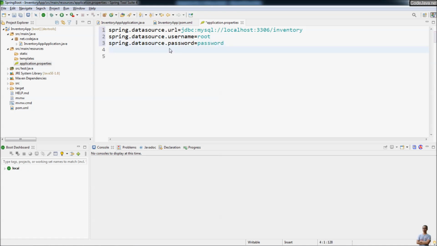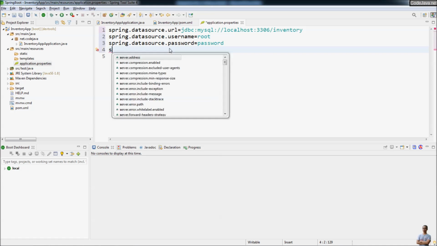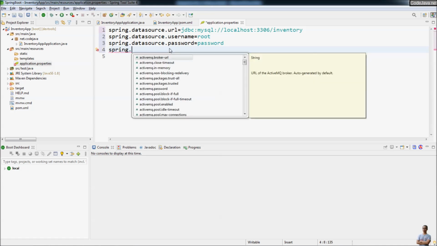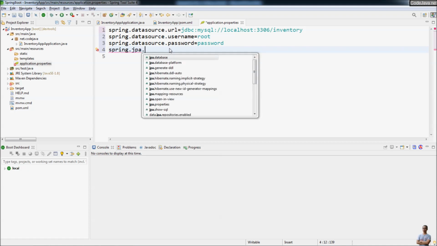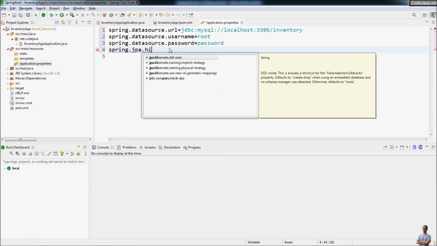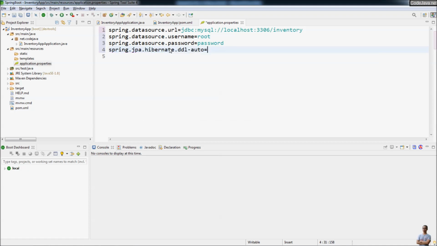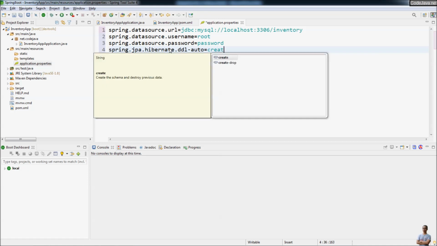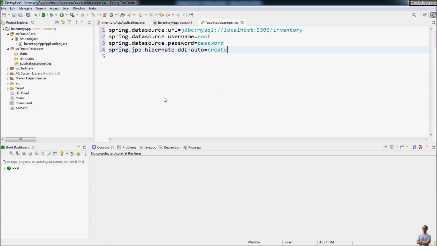And for using Spring Data JPA with the Hibernate framework, we should use this property spring.jpa.hibernate.ddl-auto equal to create. So the Hibernate framework will automatically create the tables in the database when the application is running. So for the first time, we specify the value create for this property,